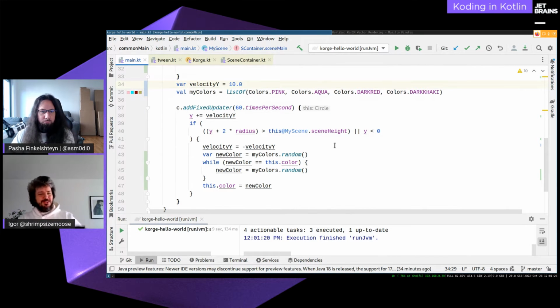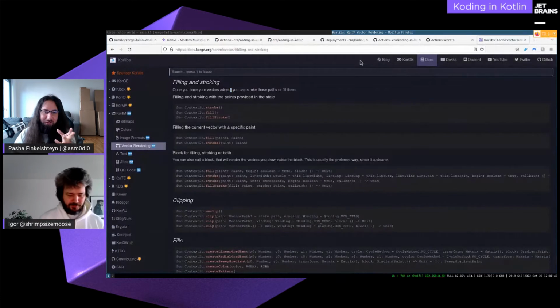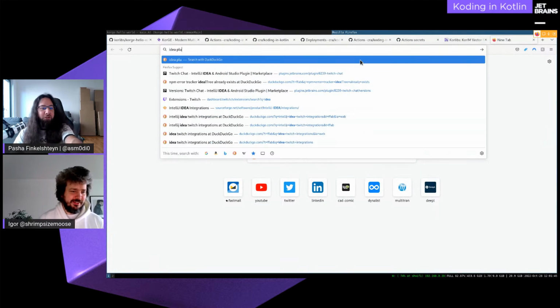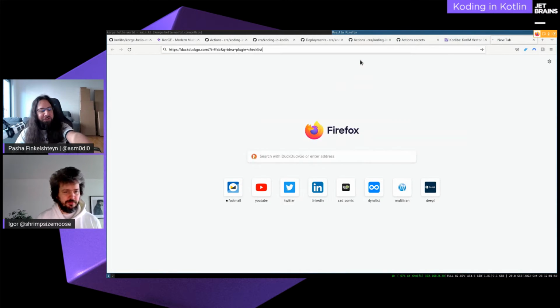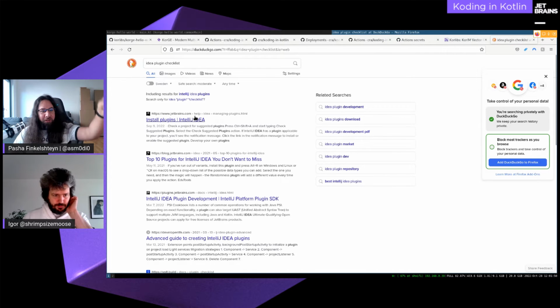Maybe we should have... Is there a plugin in IDEA with checkboxes? What do you mean? I want to have a list of checkboxes that I can check, just like a to-do list. I'm not sure. I'm really not sure. Never thought about it. But you know what? We have a very nice rendering of documentation. You can just put